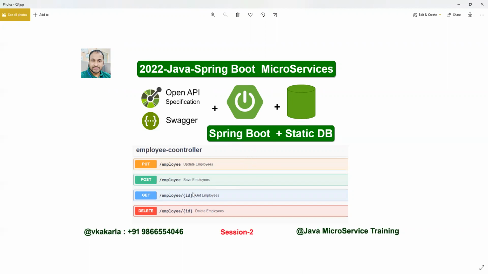The next level, we are going to do the same operations, instead of static DB, using Spring Data as well as the H2 database initially. Later, we can jump into MySQL and MongoDB. One by one, we are stepping into the next level. So from tomorrow onwards, I will directly open the project and explain. Till today, I wrote things manually to understand them step by step. Got it?